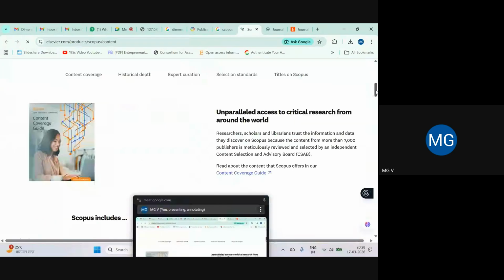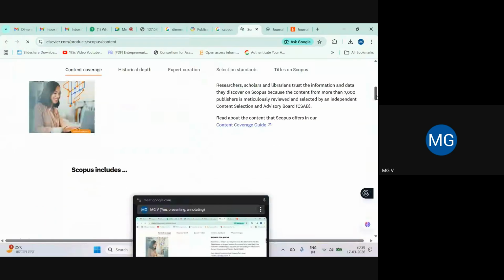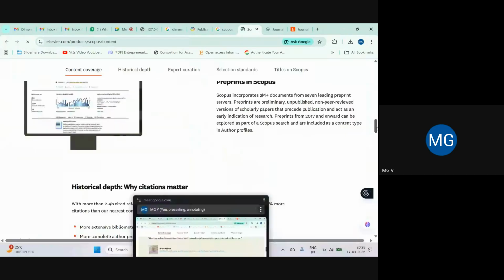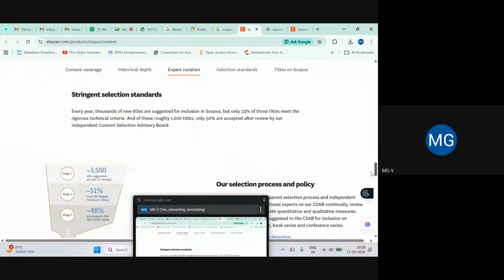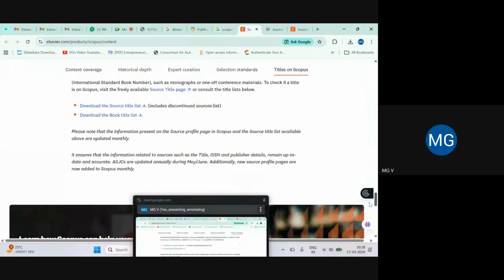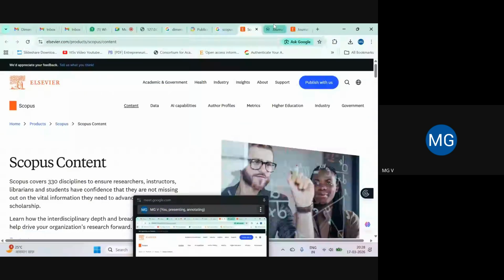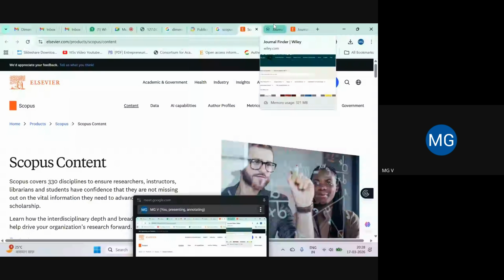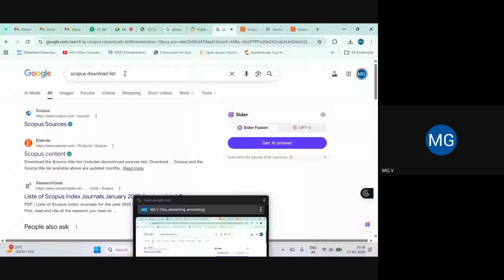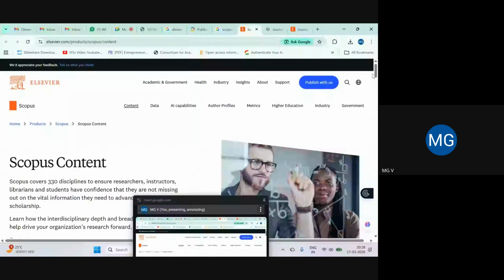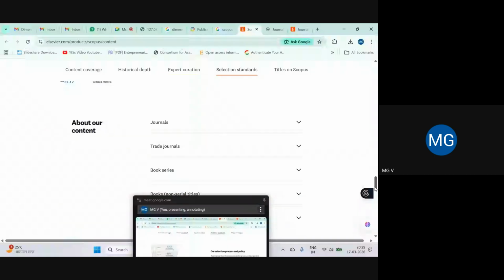And here you will find some link to Excel, I think. Yes, now see how easy it is to get the Scopus list. What I did, I simply typed Scopus download list in Google. I got this link, Scopus content, and when I scrolled it down, I got, yes, this.